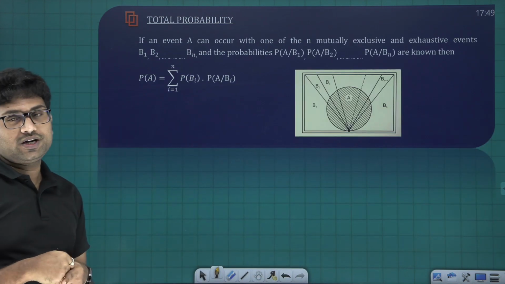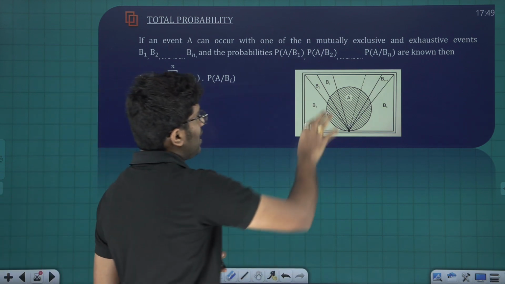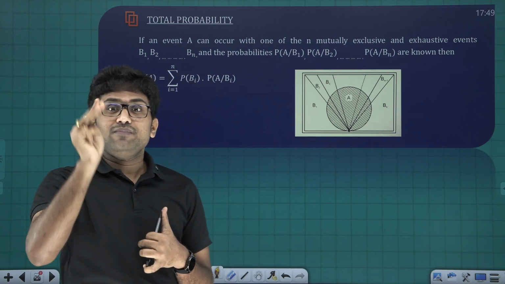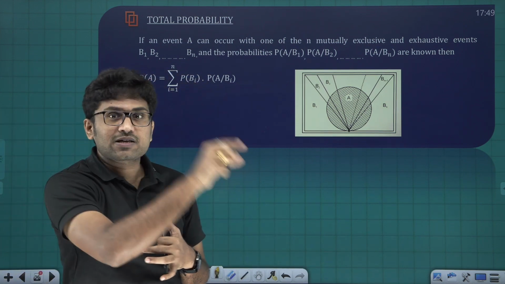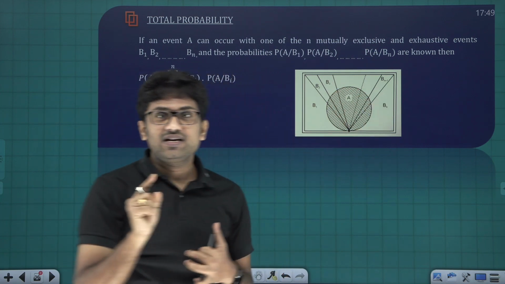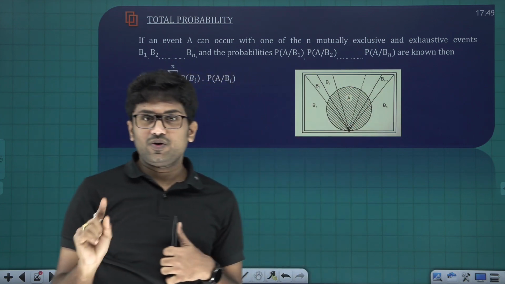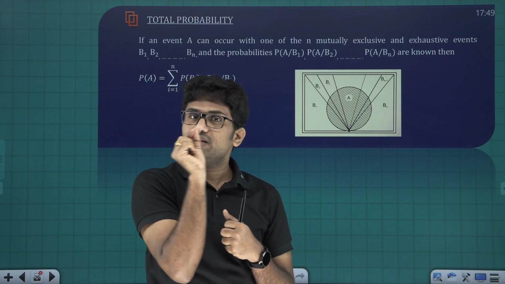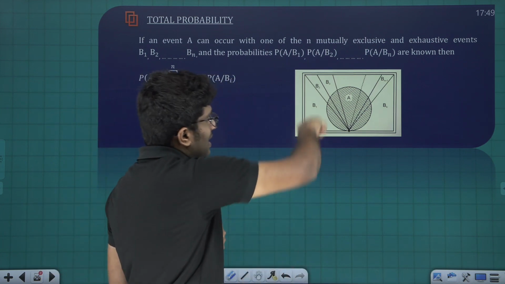Next, total probability theorem. Coming to the total probability theorem, friends, in this case we have considered B1, B2, B3 and so on, Bn, n mutually exclusive and exhaustive events. First, mutually exclusive means there exists no common part, all are disjoint sets. Next, exhaustive events means the union of them is the sample space. So B1, B2, B3 and so on, Bn form an exclusive and exhaustive system of events. Let A